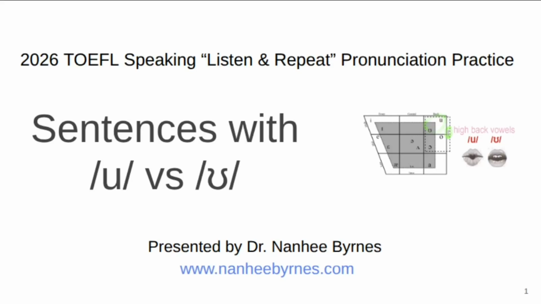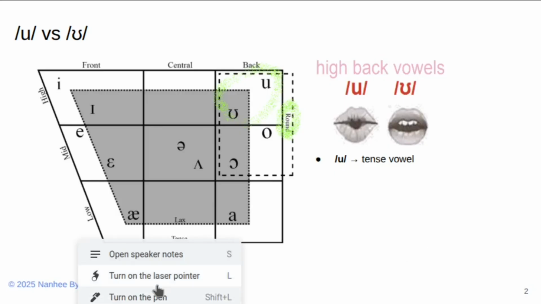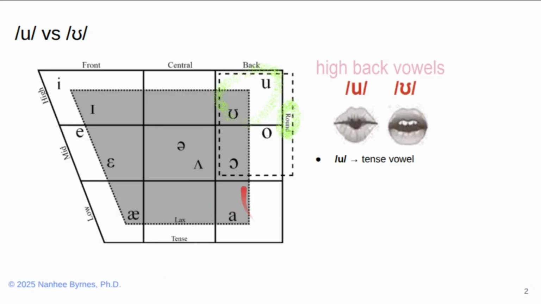Hello, everyone. Today, we're going to do listen and repeat practice with two English vowels that often cause confusion. The back high vowels, oo and ʊ. Both vowels are rounded, so your lips should form a round shape when pronouncing them. However, there are key differences. Oo is a tense vowel, where the lips are more rounded, the tongue is higher and tighter, and the vowel